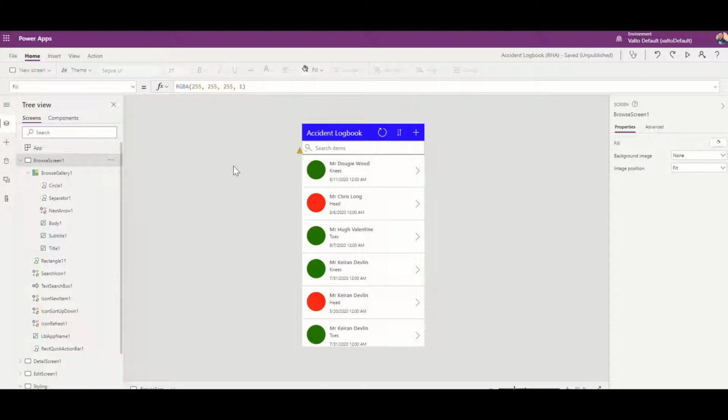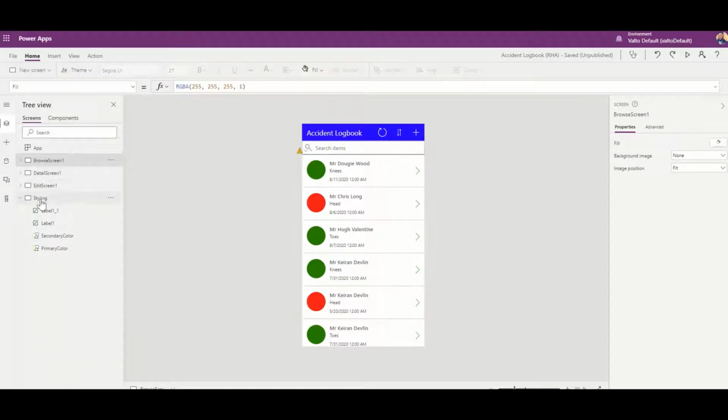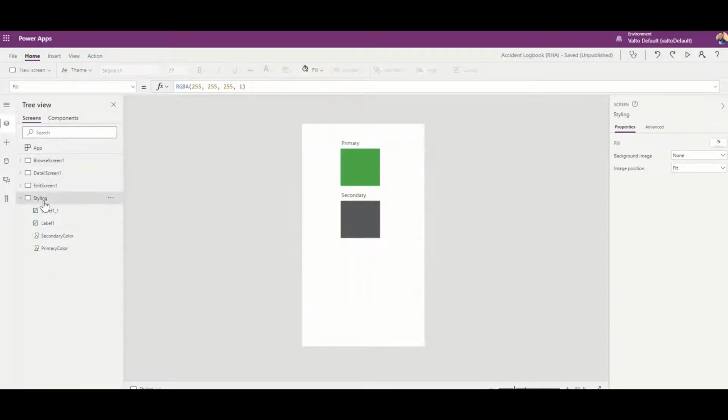Now, rather than having to create all the colors individually, and then what happens if all of a sudden your brand colors change, and it means you've individually got to go through and change all the colors. A workaround to this is to create another page inside of your app, kind of like a hidden page